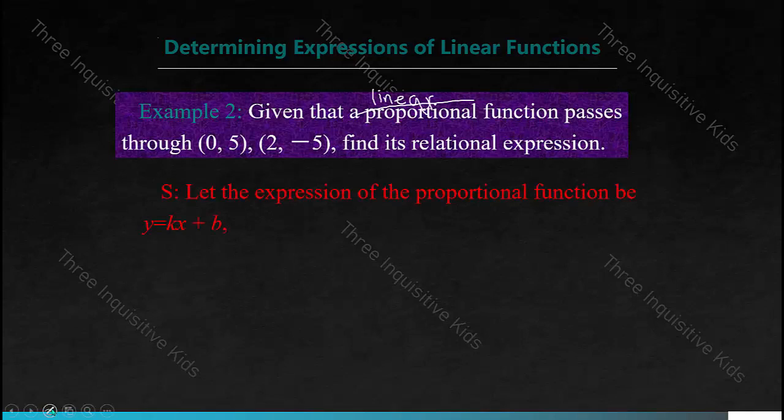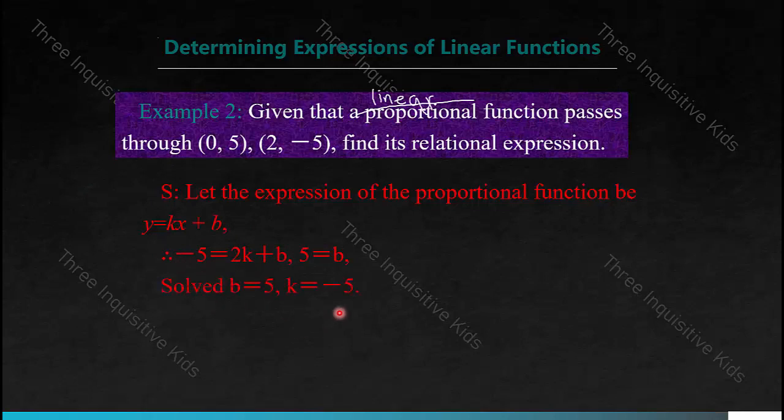Let the expression of this function be y is equal to, okay, so all the proportional functions here would be linear functions. Yeah, I know that's confusing, but it's linear function. We made a mistake while typing this up. So this is y is equal to kx plus b. So we can substitute these coordinate pairs because we can also think of these coordinate pairs as possible solutions to this function. So we can think of negative 5 is equal to 2k plus b,